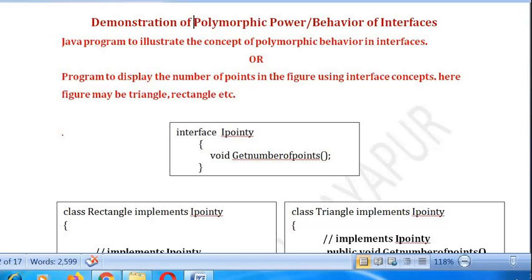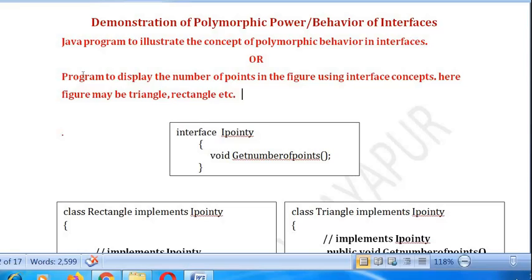So for example, there is a function called draw. The name of the function is the same, but it can draw a triangle, a rectangle, a hexagon, any 2D figure. If this is the situation, we call this a polymorphic behavior. This polymorphic behavior can be achieved using interfaces.